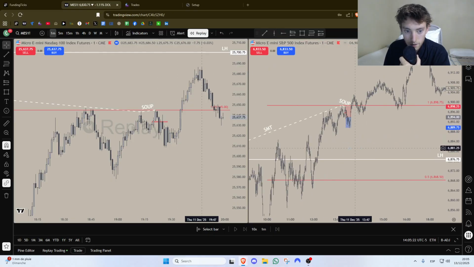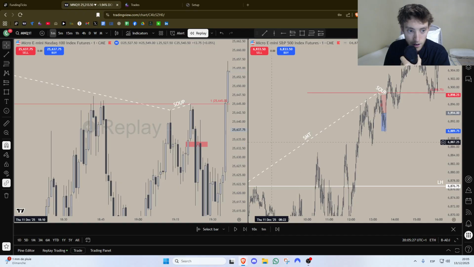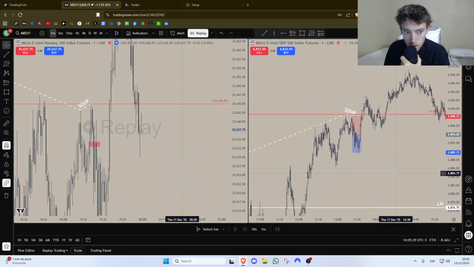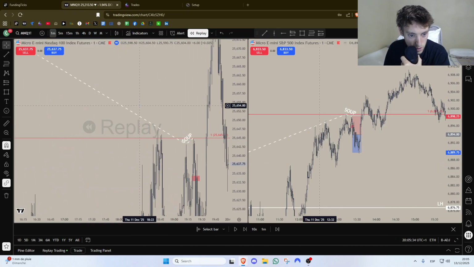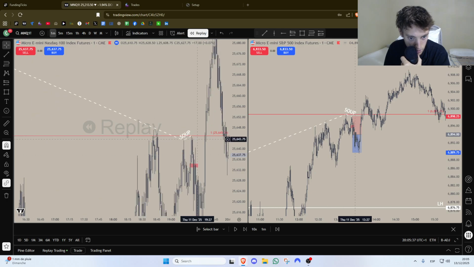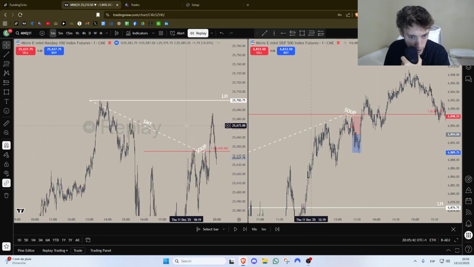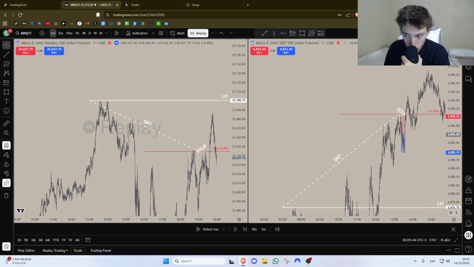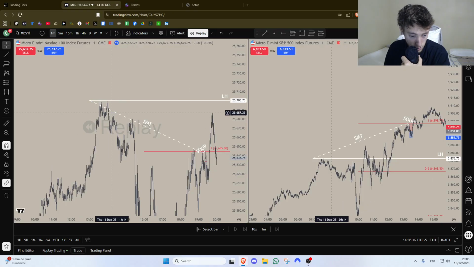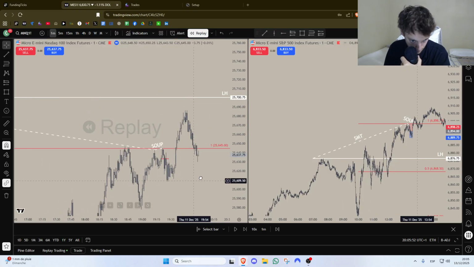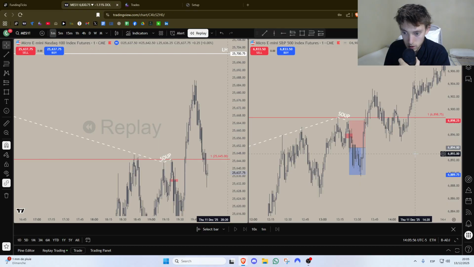On the 1 minute, obviously we have the SMT of that H1 high, the hourly high. And after sweeping that high, wait, this SMT is kind of funky, no? Or am I tweaking? It was a London high, it wasn't just the H1 high. This was a London high that we SMT'd, so it was a bit stronger SMT.